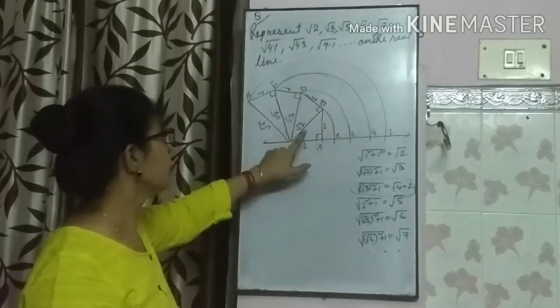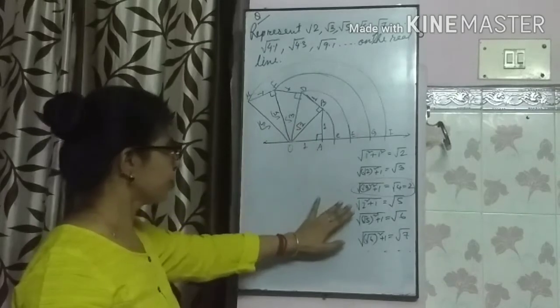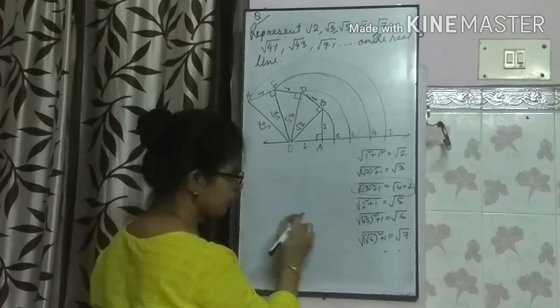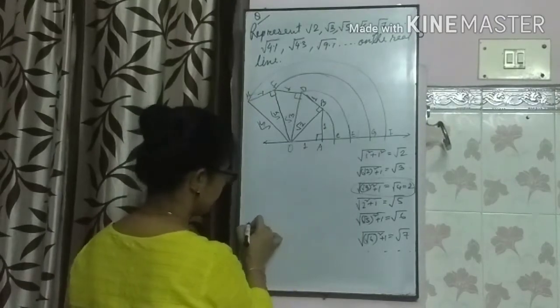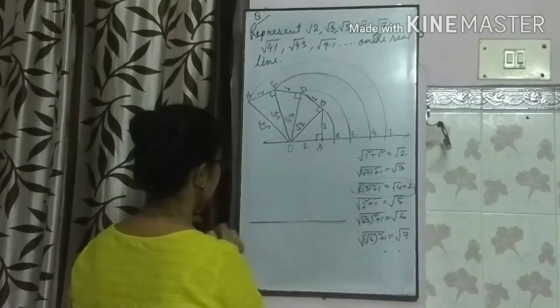So for drawing root 5 or root 7, these all are unnecessary. So what we do, for drawing root 3, we take root 2. Then after, if you need to make root 5, we make it separately. Root 5, root 7 will come together. So for root 5,